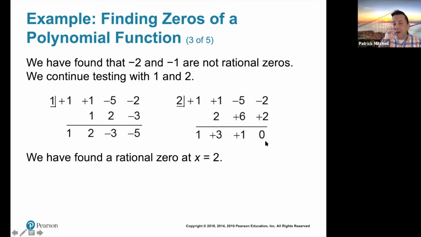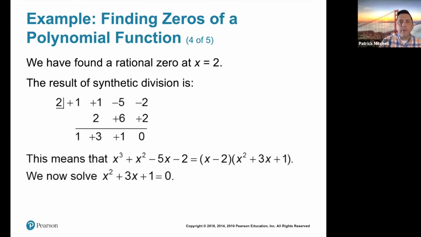So remember how to read this synthetic division. When you divide this polynomial by x minus 2, the remainder is 0. And the quotient is x squared plus 3x plus 1. So that's the other factor that goes with the factor x minus 2. So what we know at this point is that x cubed plus x squared minus 5x minus 2 factors into